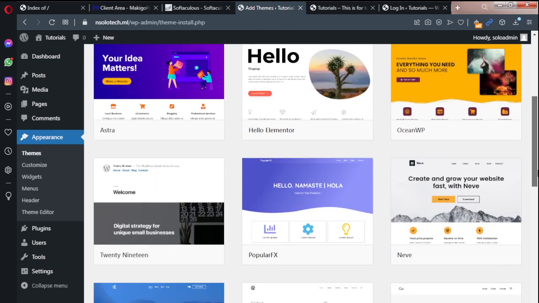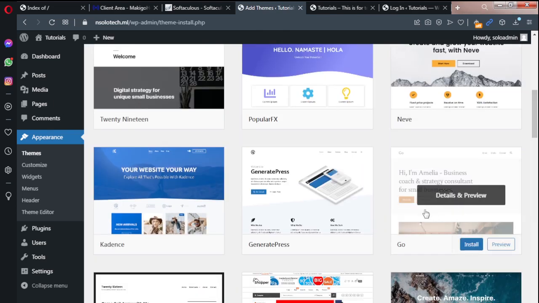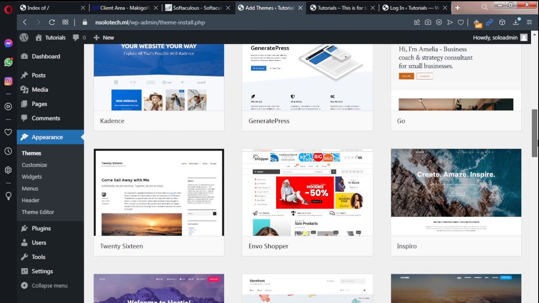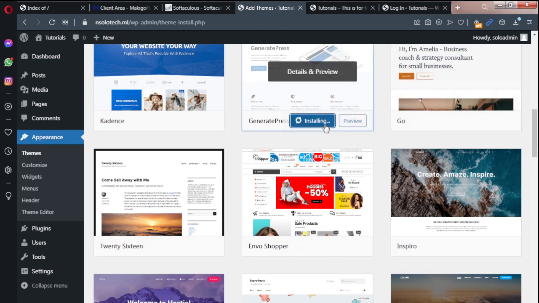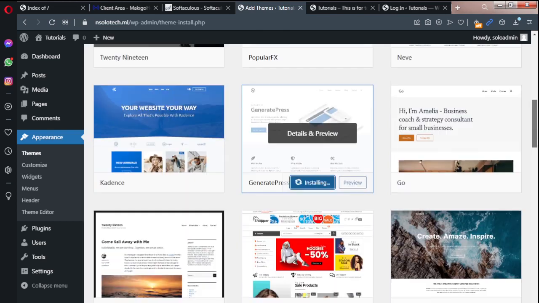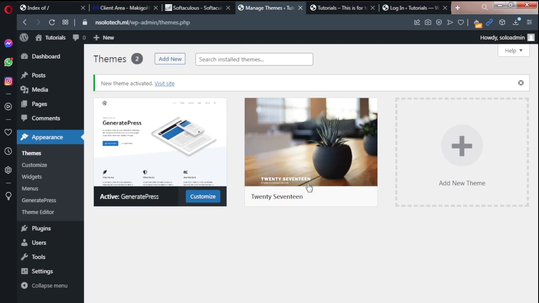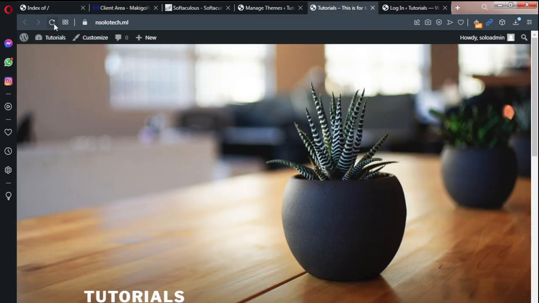Maybe let's try this one. So we're installing a WordPress theme. Let's wait for it. It has been installed. The next thing we need to do is to activate. So up until now, we've learned how to install a theme, and you know what a theme does to your website. Let's refresh the website,